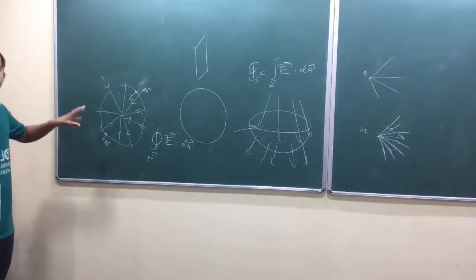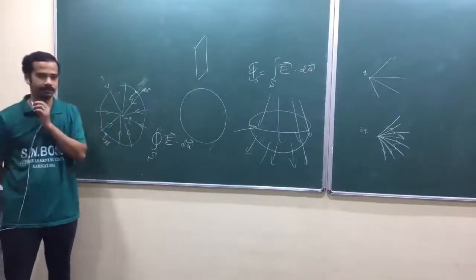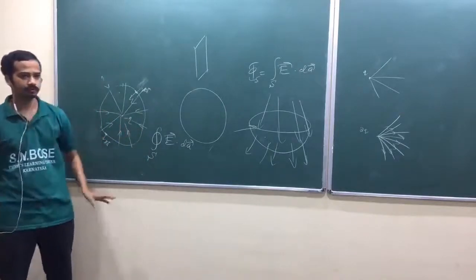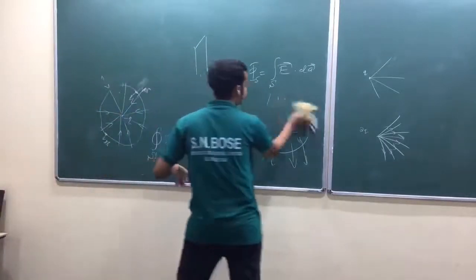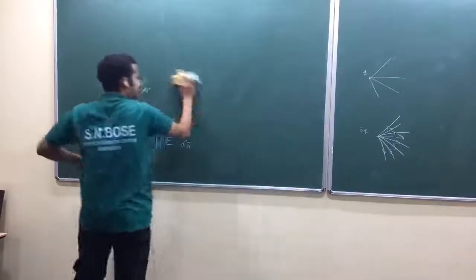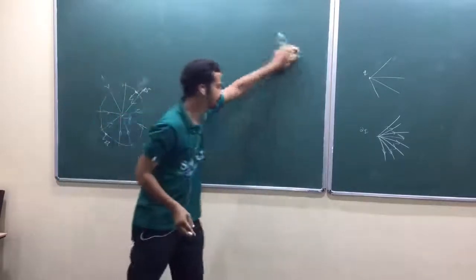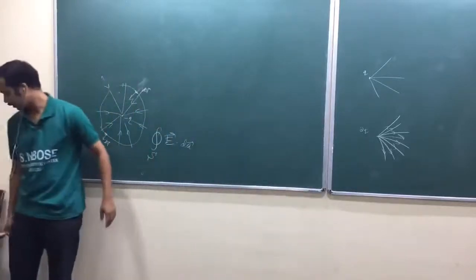For the sake of time, let me assume this electric field line property. Are you getting my point? Even after proving that, I can show some electric field line property. Those integral and differential forms are equivalent. So once you prove that, you can talk about the electric field again.